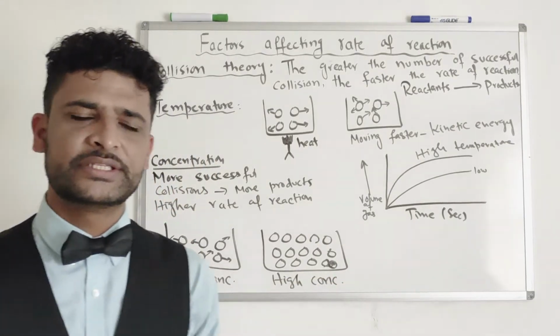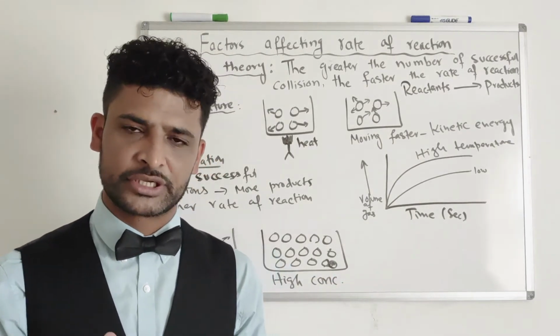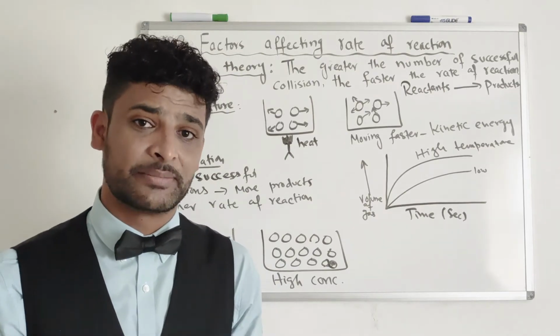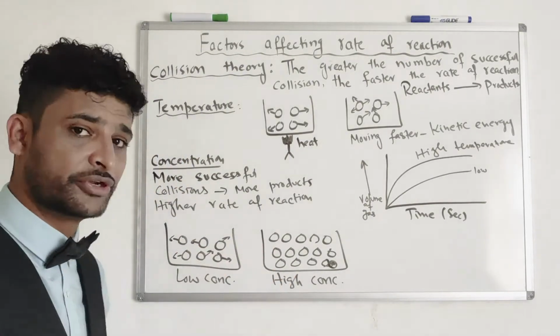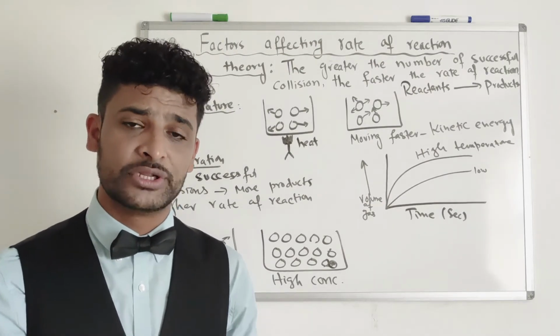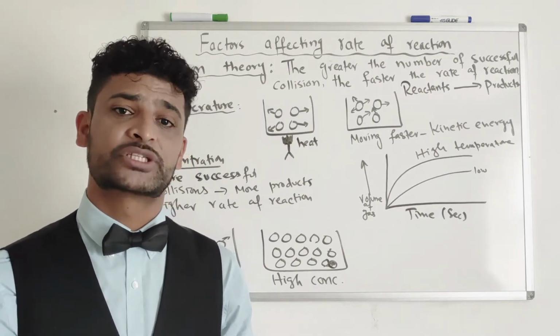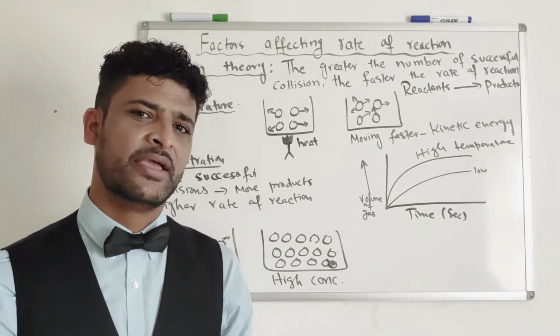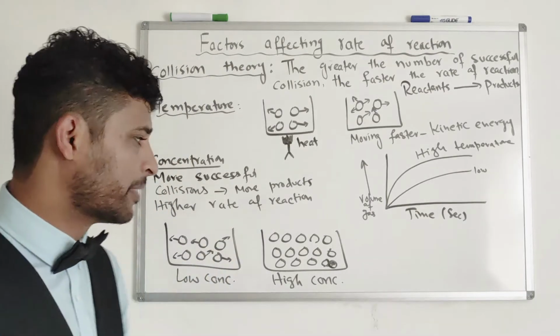Because you have increased the concentration, the particles are going to start colliding with each other more quickly, because the space between them is reduced and filled by more particles. So they will have more collisions. More collisions means more successful collisions, and the rate of reaction will be higher by increasing